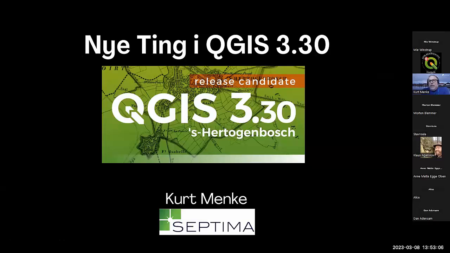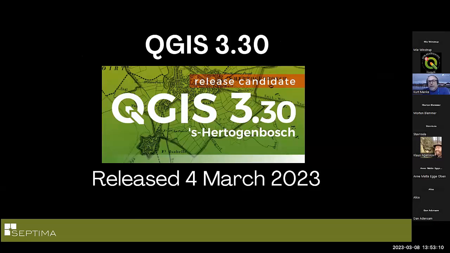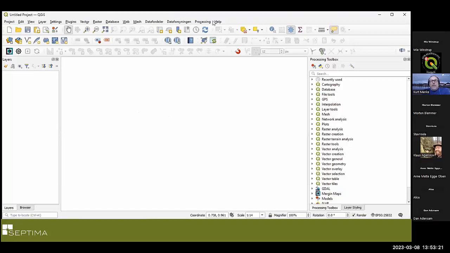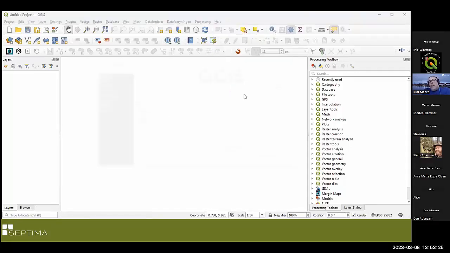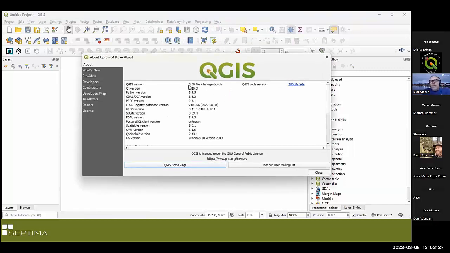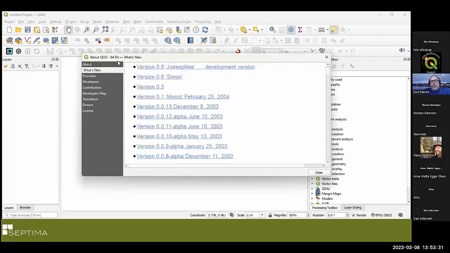using QGIS 3.3.0, which was just released on Friday or Saturday, depending on which operating system you use. So it's only been out a couple days, and just as a reminder, here I have QGIS open, and if I go to the help menu and go to about, I can see which version I'm installing. And if I go to what's new,